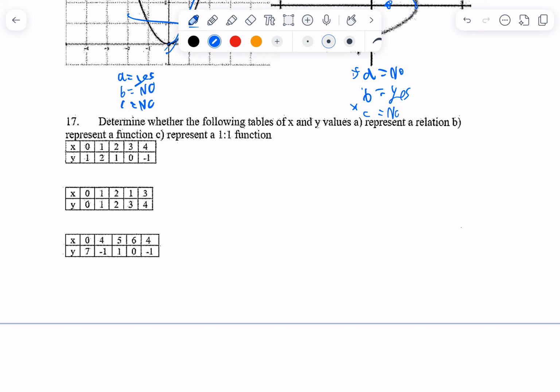Great. Determine whether the following tables of x and y values A represent a relation, B represent a function, or C represent a one-to-one function. So let's see. Let's first write this out. A, B, C. Now, you see how it is a relation because each of their things,